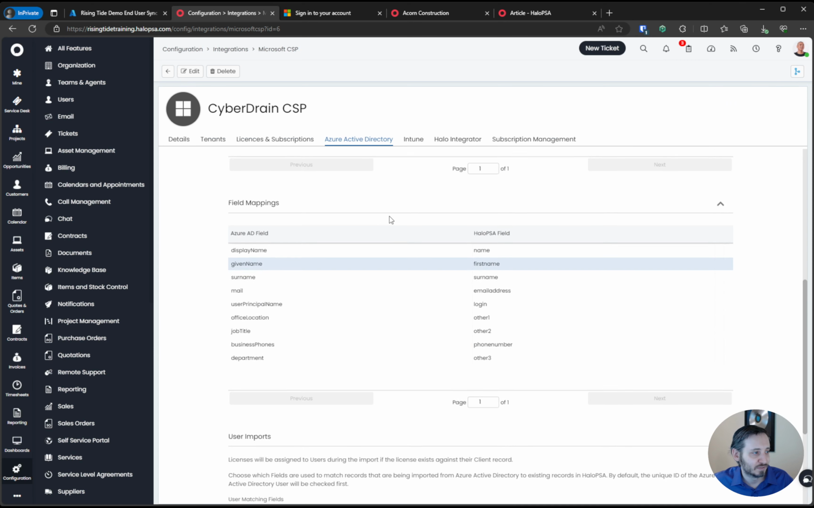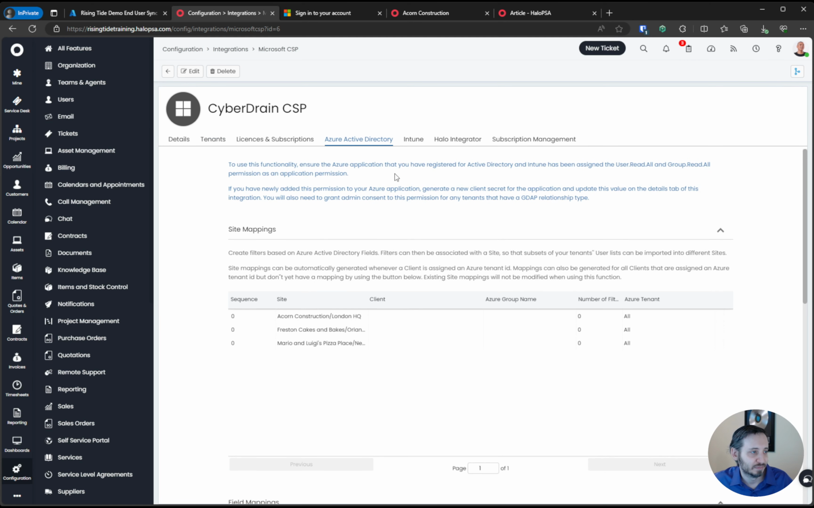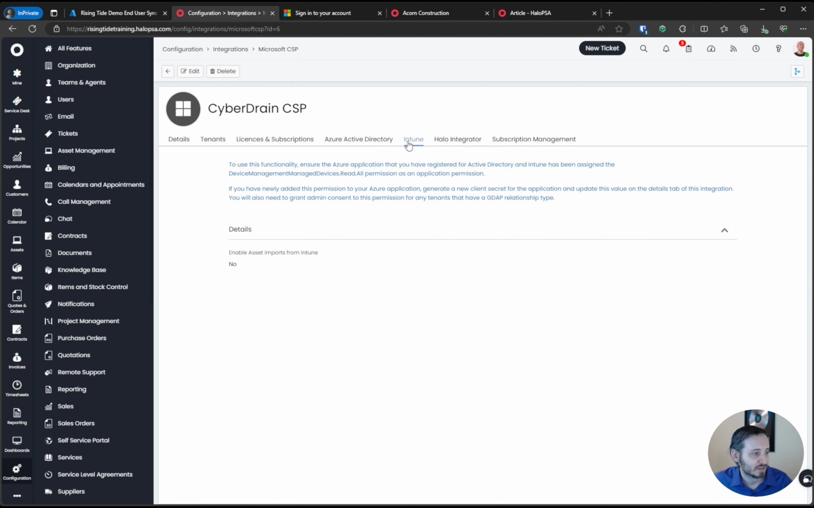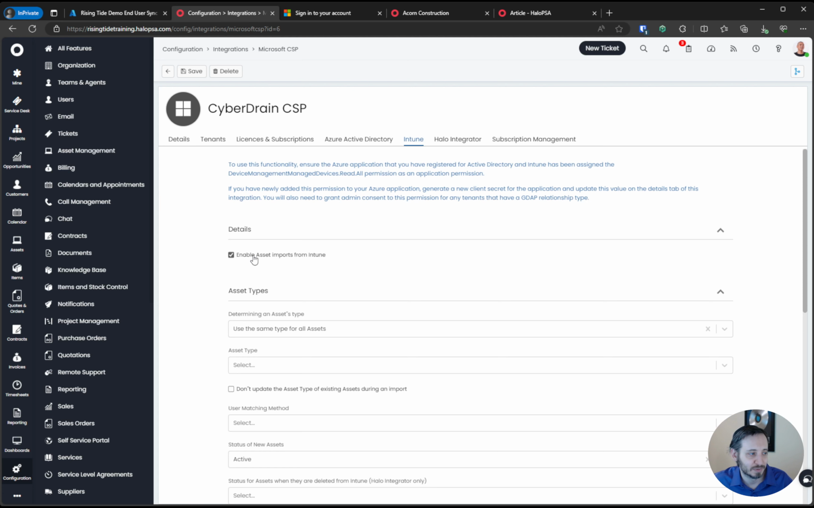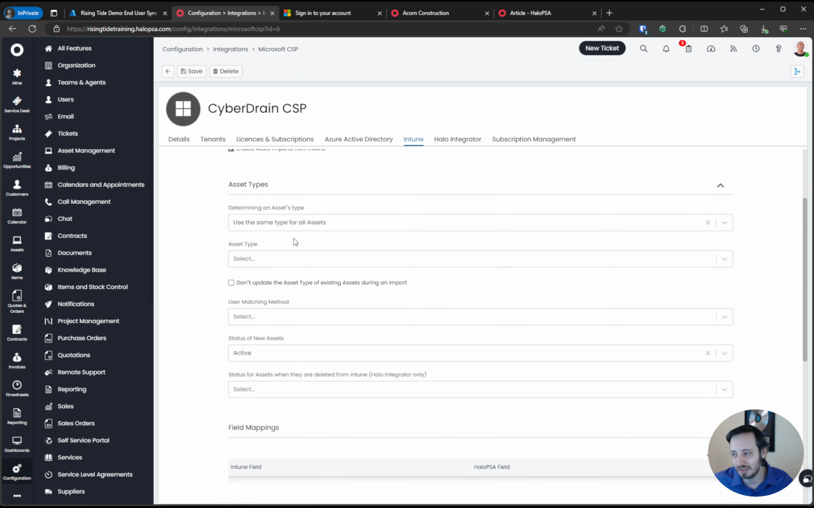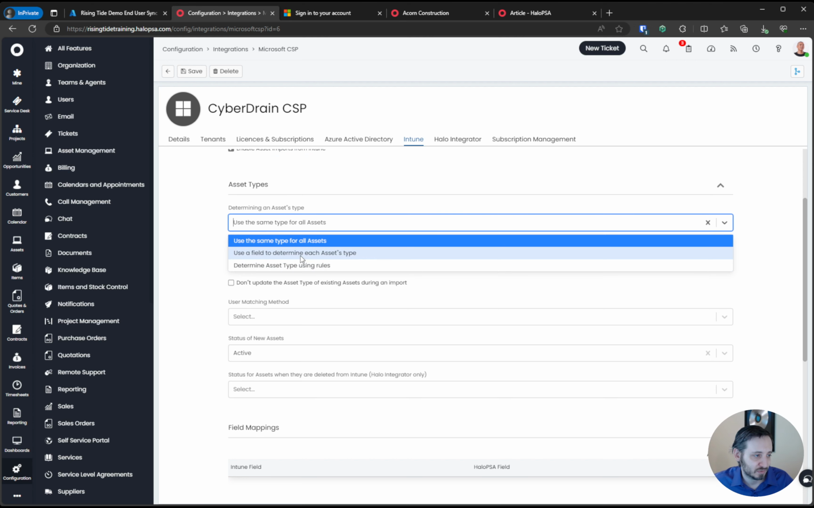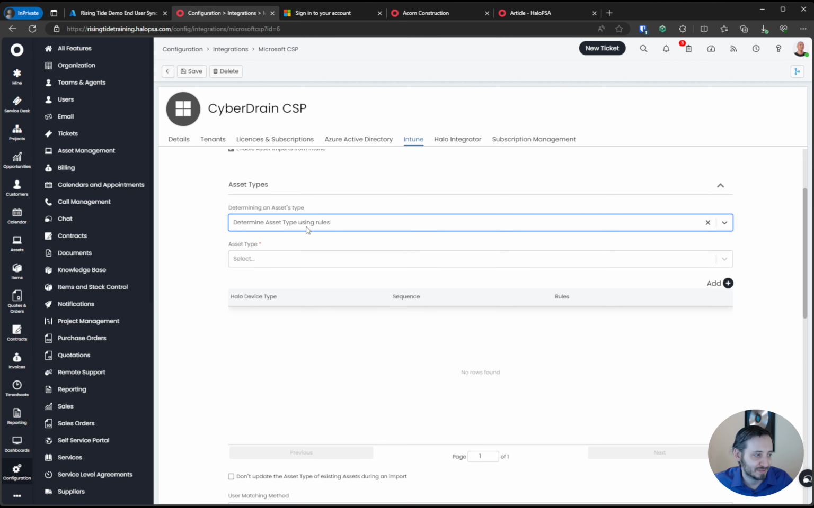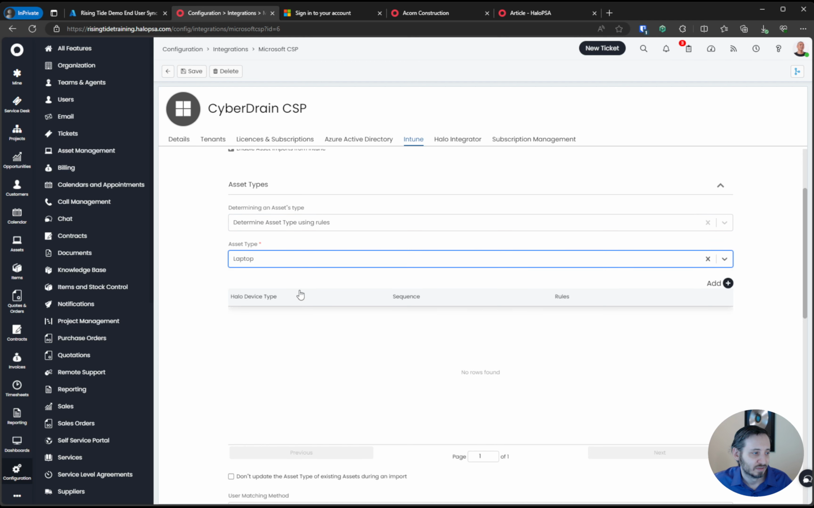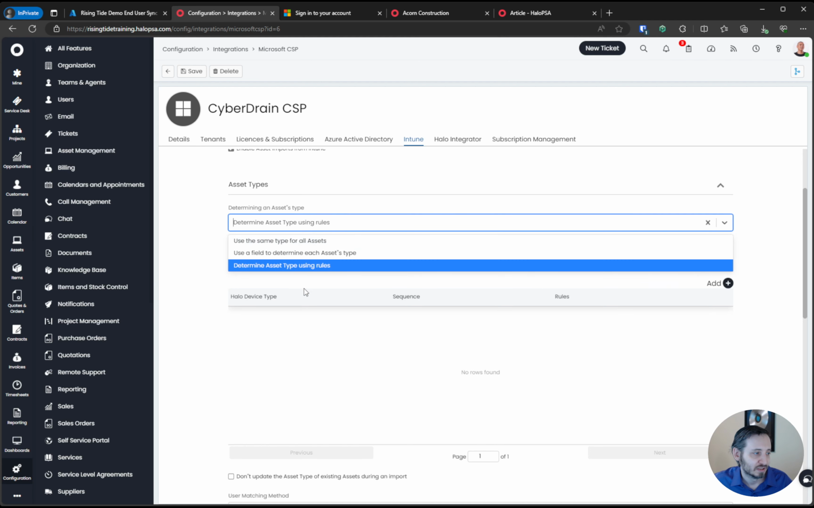All right, so if we go to our InTune tab, our InTune tab will allow us to import assets from InTune, which then turns it into like an RMM integration at this point. We can choose, hey, how we want to determine the type of device that's coming in,